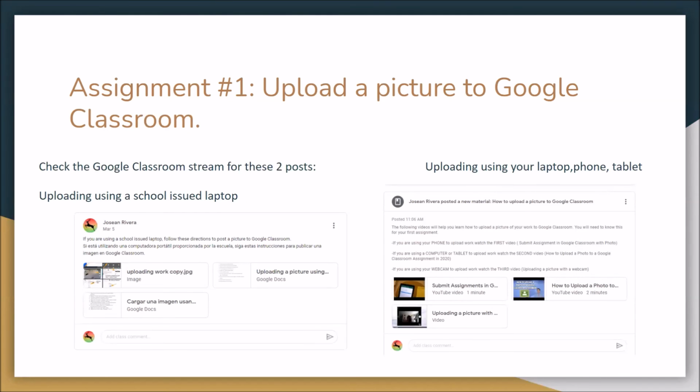Okay, so your first assignment is going to be to upload a picture to Google Classroom. So I have two posts that you'll find on the Google Classroom's stream. One that shows you how to upload using a school-issued laptop, and another post that shows how to submit using a regular laptop, a phone, or a tablet. What you upload is up to you. It will be due before Friday at 3 p.m. If there are any issues or any questions, feel free to contact me or come to my office hours. So I will talk to you guys next week when we do our second art